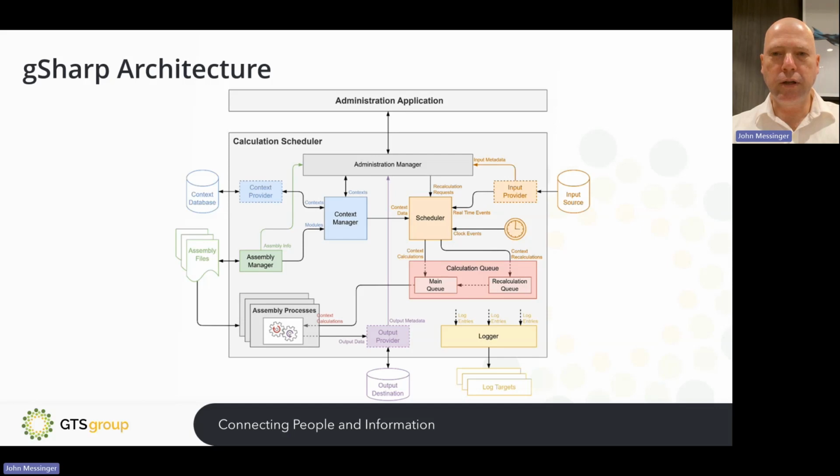The initial release will have that built-in support for Pi, meaning that Pi can be both the source of data and the destination for your calculation outputs, as well as providing context through the asset framework. In the future, we plan to add the ability to interact with other systems, meaning that there will be native connectivity to other data sources and potentially other sources of context. That is something for the future.